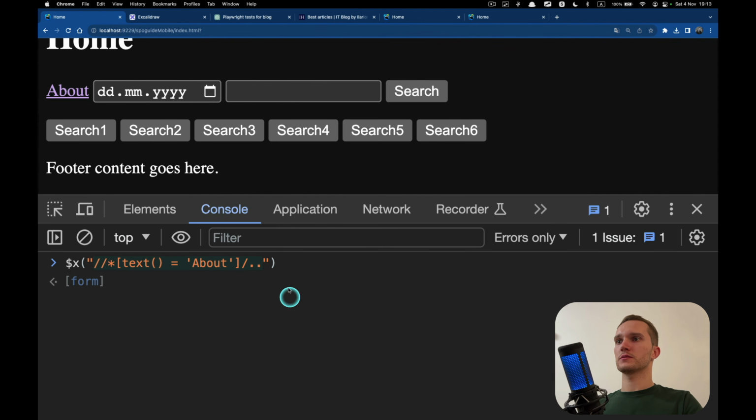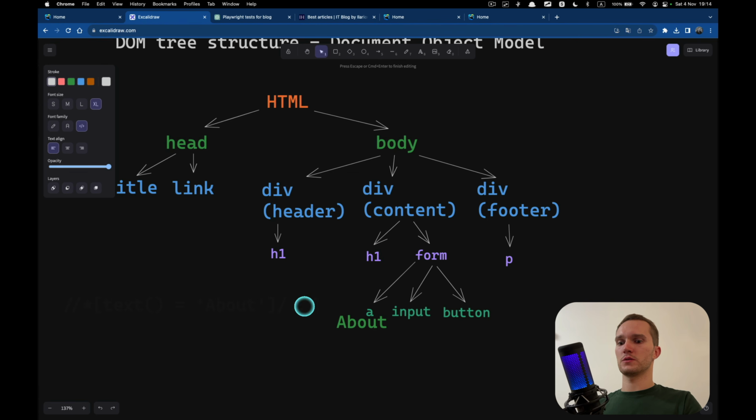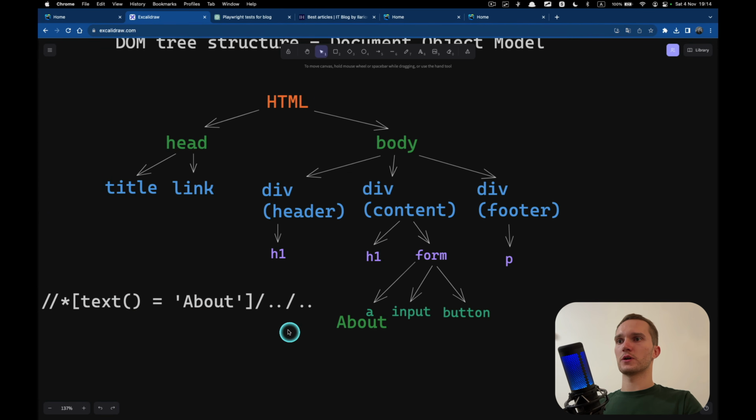If we add two more dots here, oh sorry, we are getting up to div content, which is two more dots. So first, again, we are locating this element with text about. Then we have two dots here. This means we are going one level up. We are getting the parent of this element.